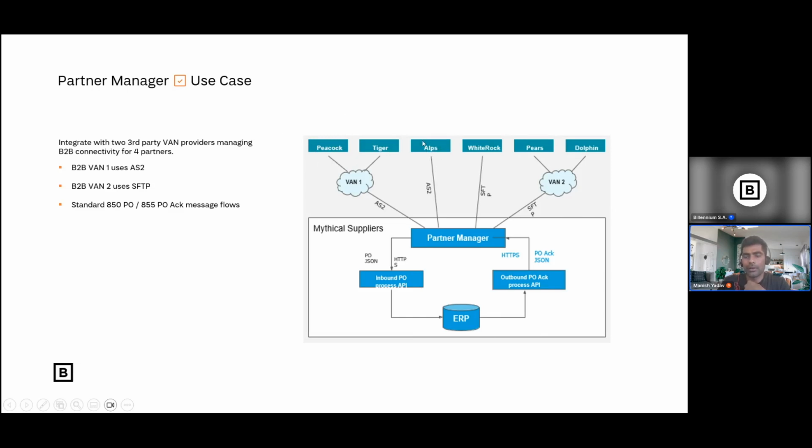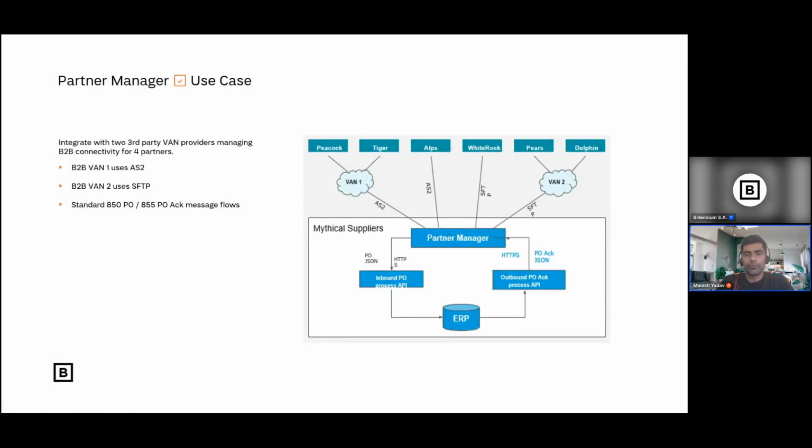You want to place an order for an iPhone to an EDI solution product. So partner manager is an EDI solution. It's not only EDI, it's an EDI plus API solution. You can deal with the API, you can deal with the EDI. So what exactly does it do? Of the 6 customers, these 2 customers are directly interacting with the VAN. VAN is nothing but a value added network.